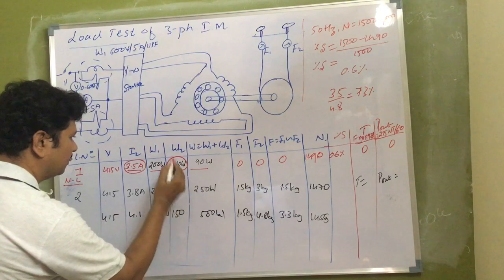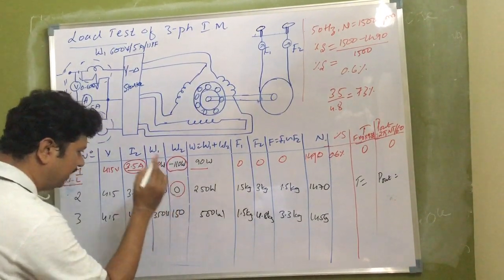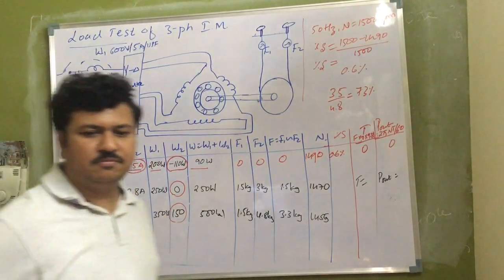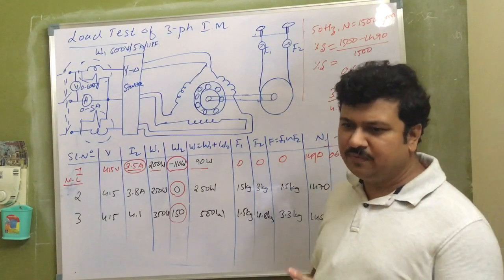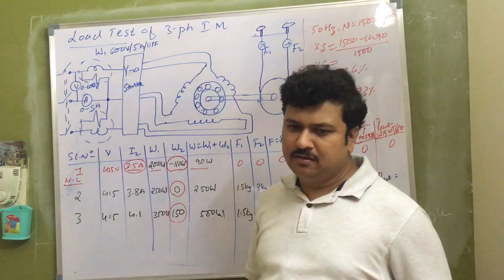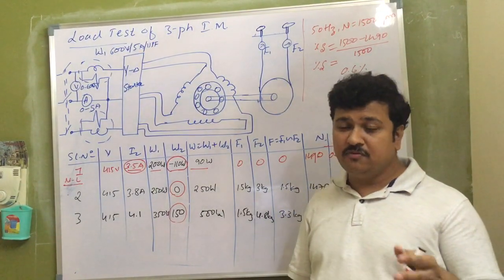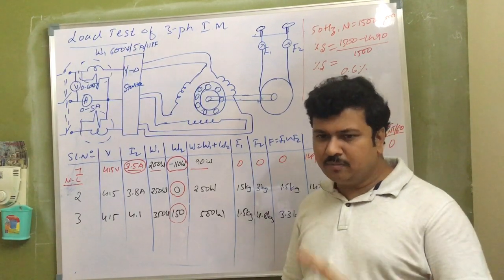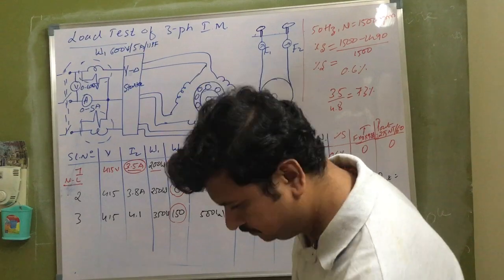Why it shows negative, why it shows 0, why it shows positive after some time. That is purely because of the power factor of the motor. Now how is the effect of power factor of the motor there on the wattmeter readings? So in the 2 wattmeter method,